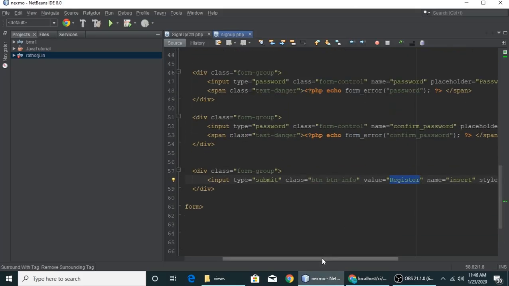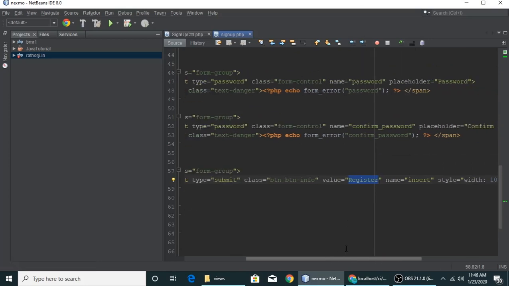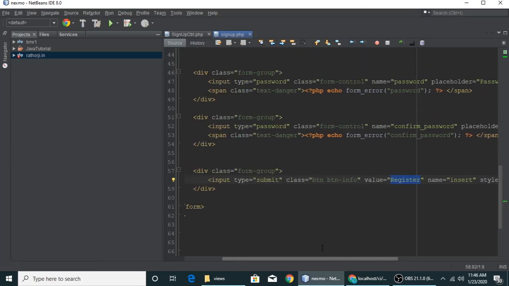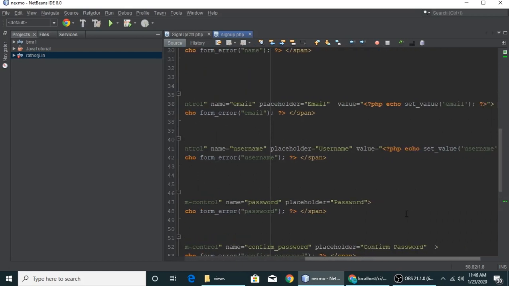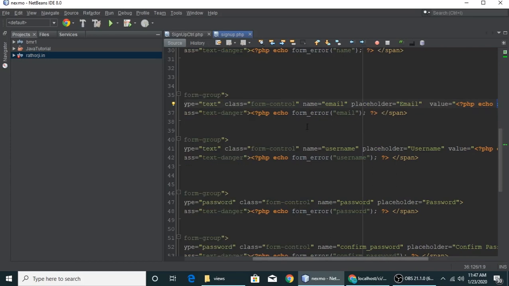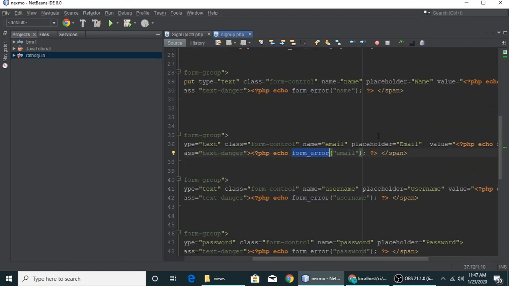right? So here are two things we didn't show you. First is the value of this form, just value and set value. I will show you in a minute. And this is the form error. So let's see first our